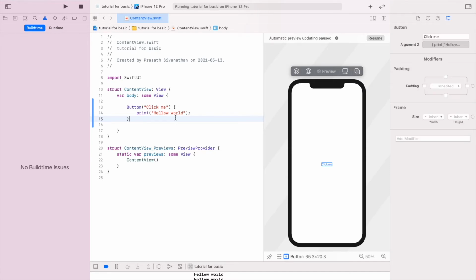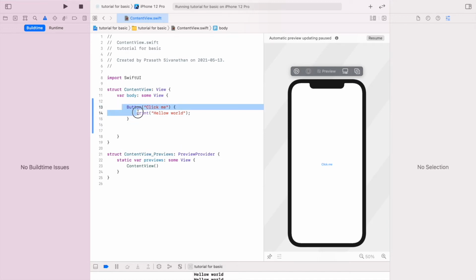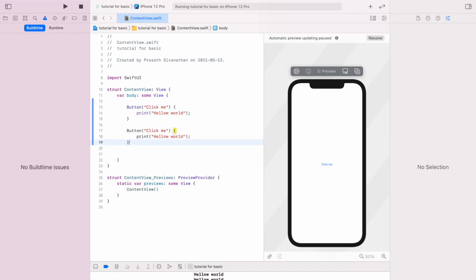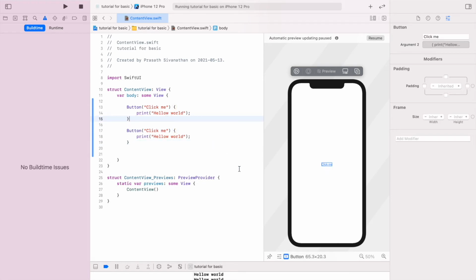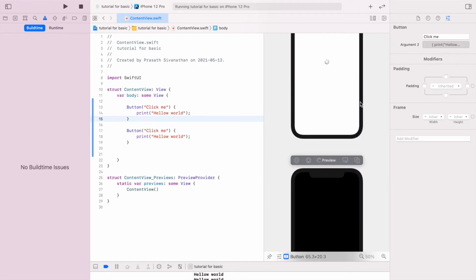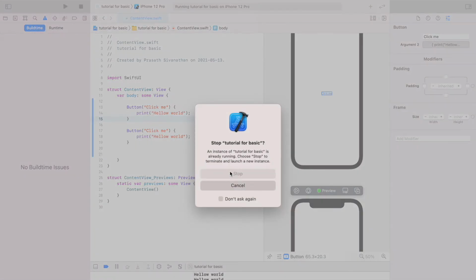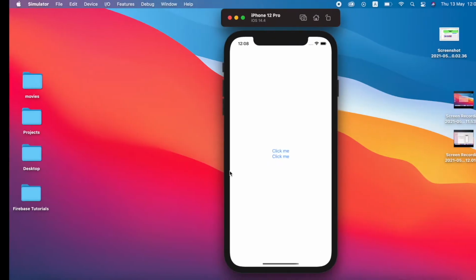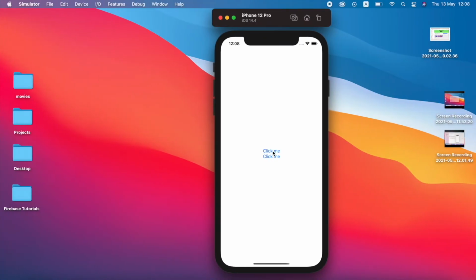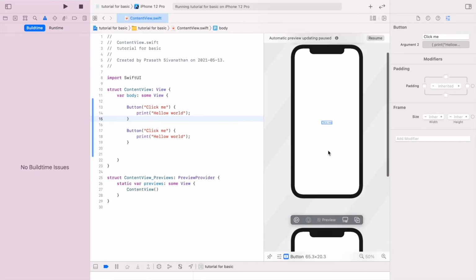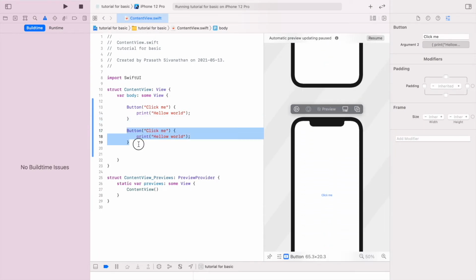So let's see what happens if we want more buttons. In my case, I just copy the button one time and paste it in the view another time and see, if I resume that UI, that gets doubled. But if I start the project, see, that will appear in the same UI, but in our preview it shows different UIs. Because we have to put the buttons in one view, so I just Control X this one